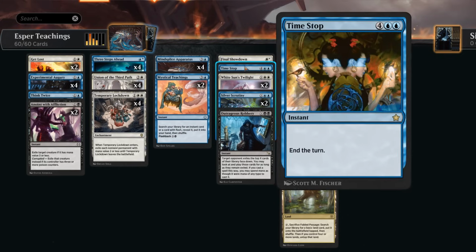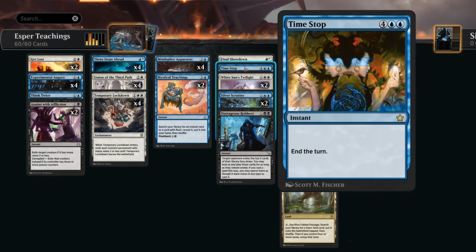And we also have a one-off Time Stop, another nice reprint out of Foundations, and it's a 6-mana instant that ends the turn. So the Oracle text is very simple. The implications are maybe a bit more complicated, because by ending the turn, we exile all the cards that are currently on the stack, including Time Stop itself, so we can't recur it out of the graveyard, but we can also use it as essentially a counterspell that will exile the opponent's spells that are on the stack,